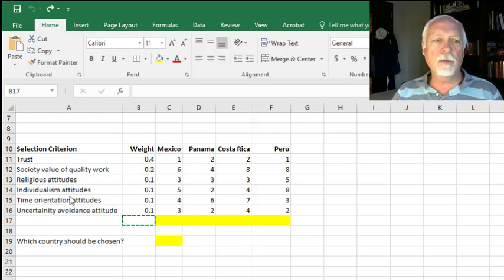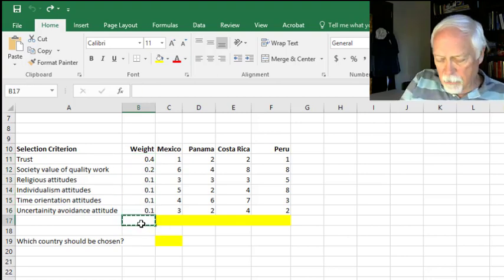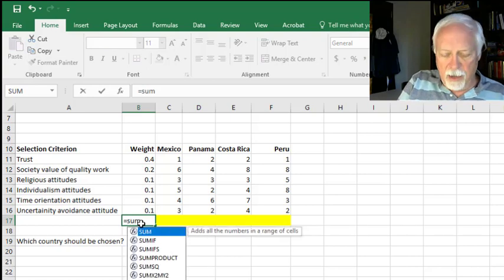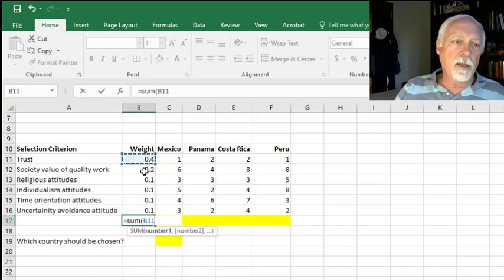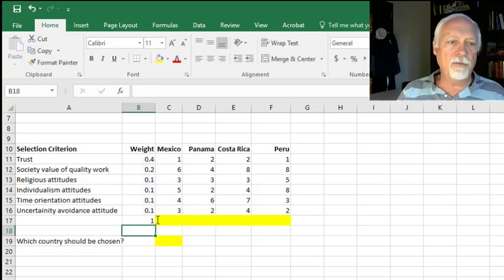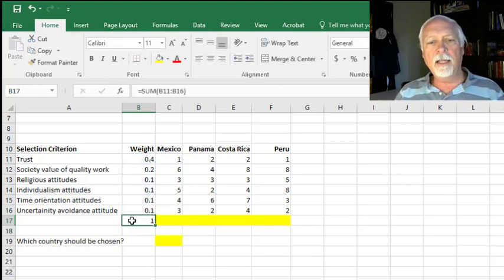We don't consider all of these criteria to be of equal importance. Obviously, in this particular one, trust has the most important weight. Now, if all our weights sum to 1, then we're pretty much ready to go. If they're not, then I would want to force them to do that. We could show how that's done in a future example. But in this case, our weights are all equal to 1,